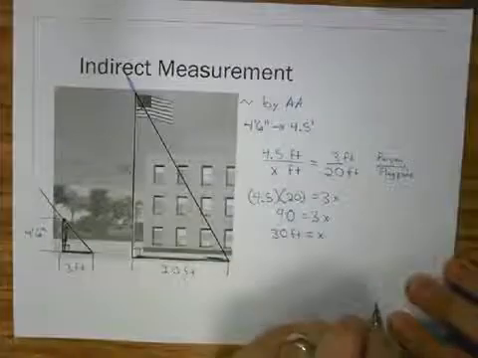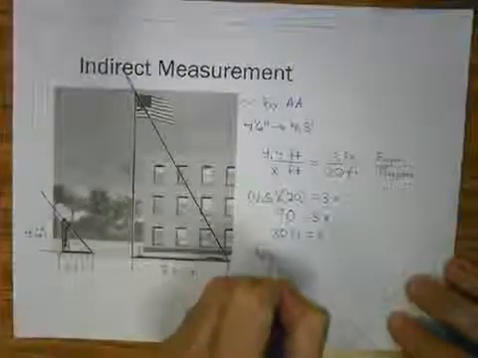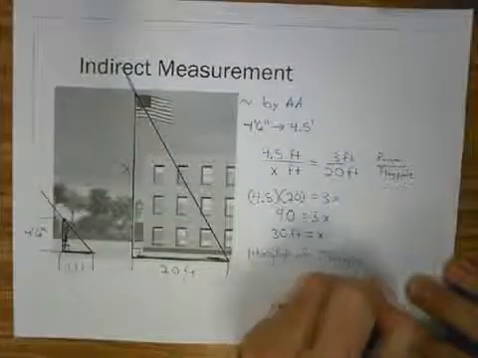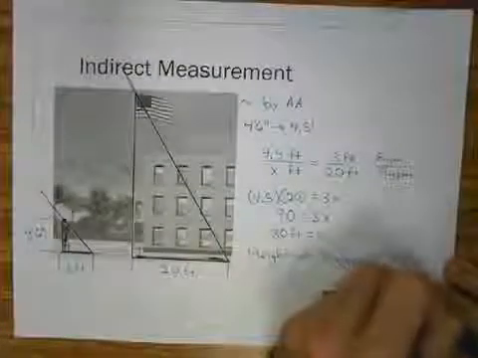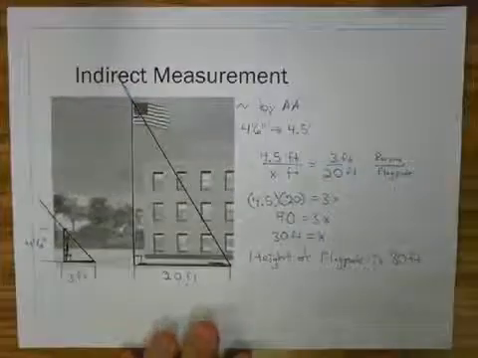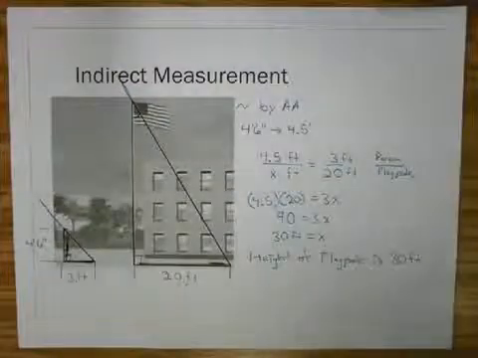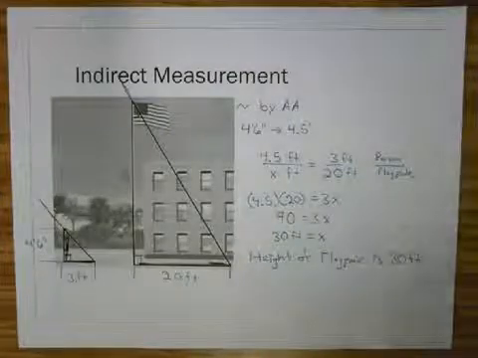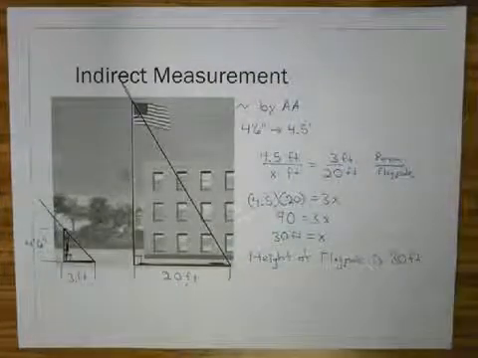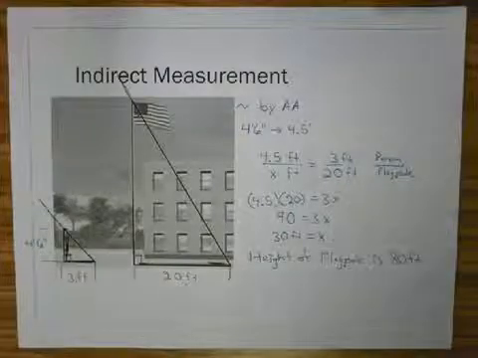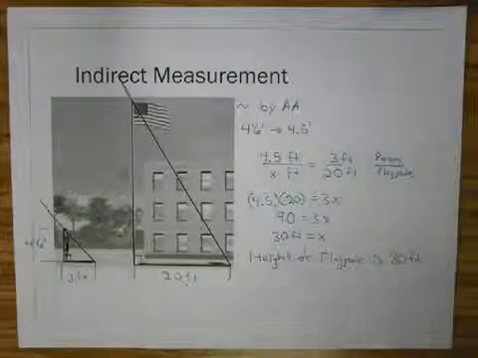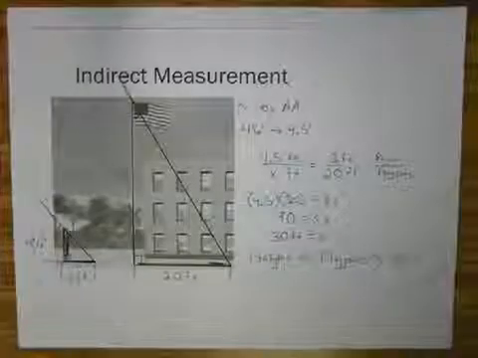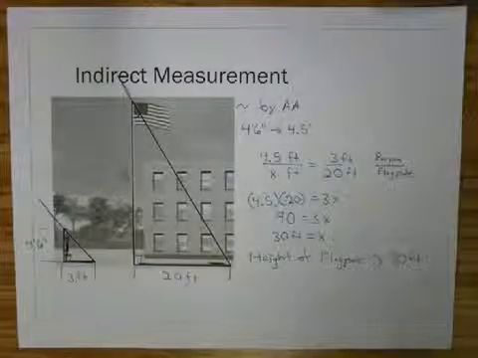So now we can solve it. I'm going to do 4.5 times 20 equals 3x. 4.5 times 20 gives me 90 equals 3x, and x would be 30 feet. So the height of the flagpole is 30 feet. Now we got to that by using our angle, angle, but it's good to start to work with problems and